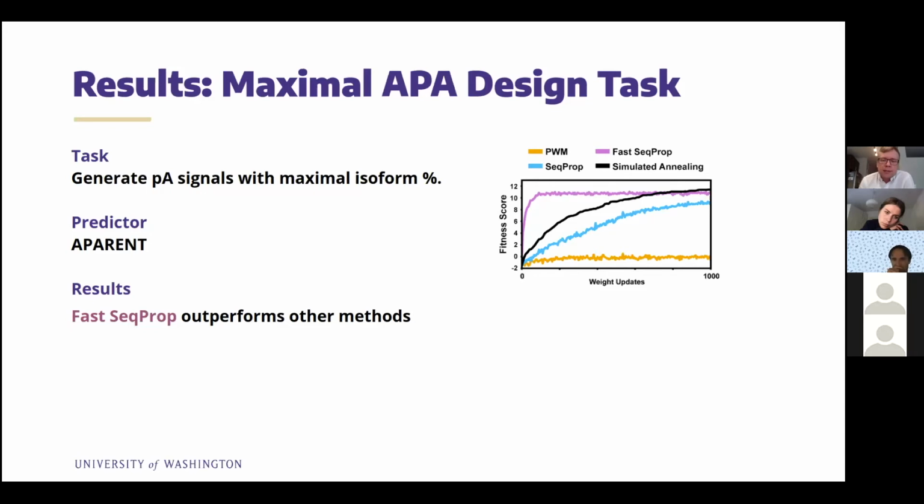And then the x-axis corresponds to the number of changes we make to the sequence, or alternatively, the number of predictor calls we make. And the y-axis corresponds to the predicted fitness score of a parent. So as you can see, the purple trajectory for fast Seekprop converges to higher fitness scores considerably faster than a method such as simulated annealing, which is the black curve.